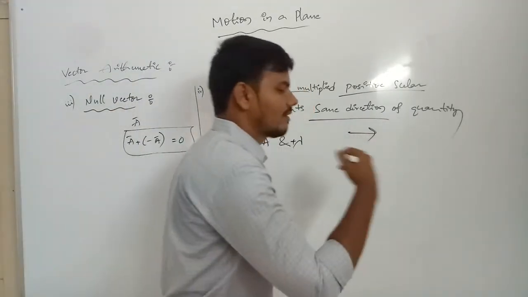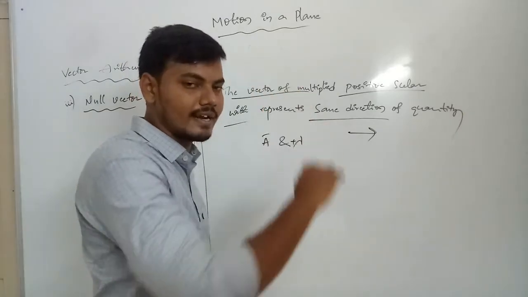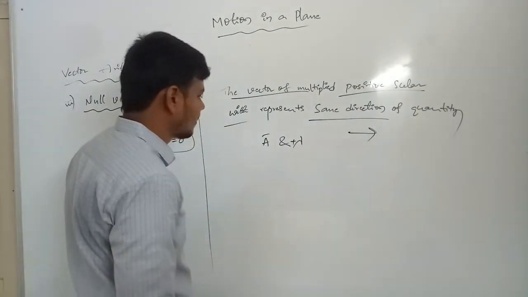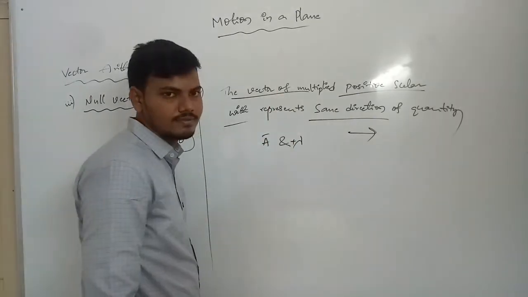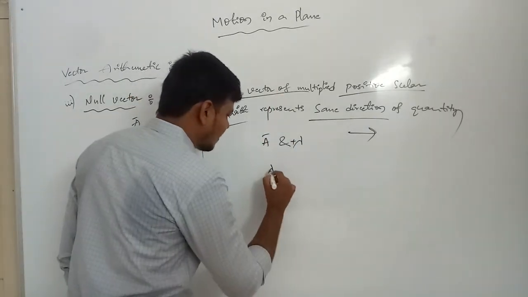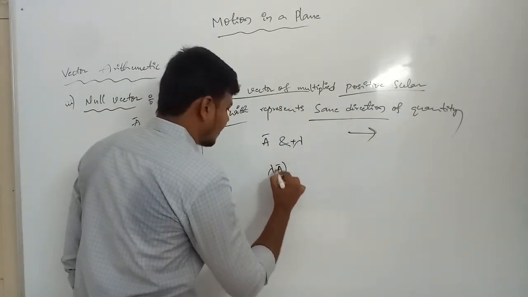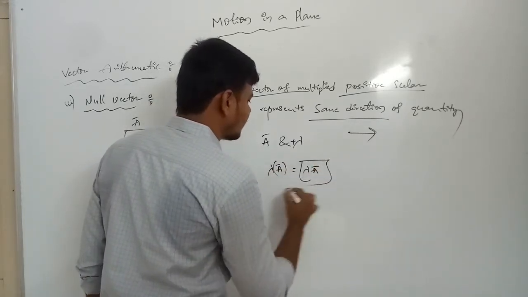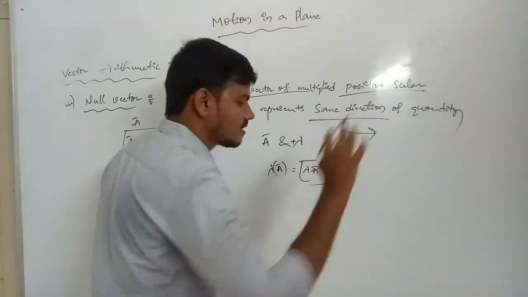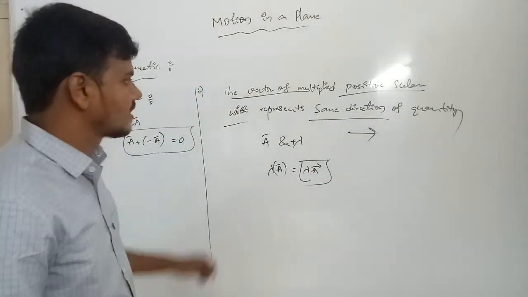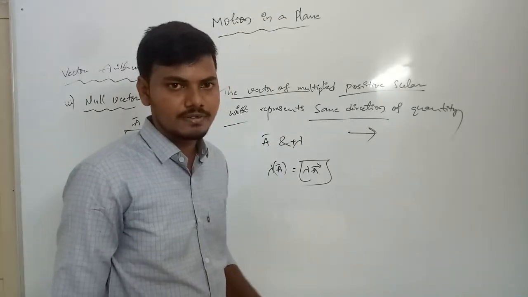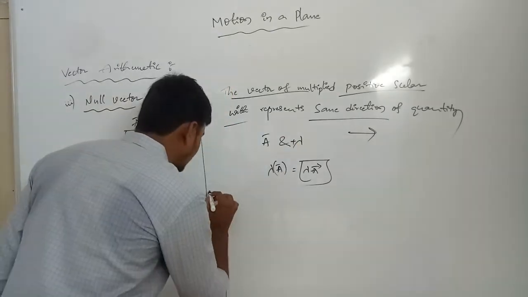The direction can be traveled forward, or straight line, or horizontal or vertical, whichever we are using. Okay, A bar. Now we are introducing the multiplication. We can take lambda A bar is equal to lambda A bar. Which direction can we take? The positive direction. Clear? The positive scalar always represents the same direction.